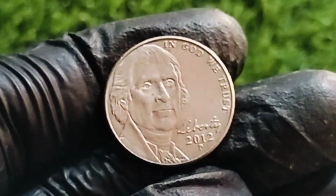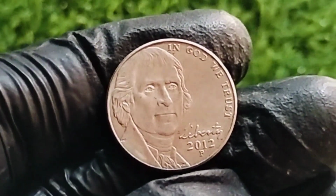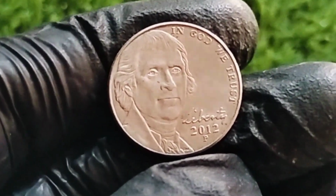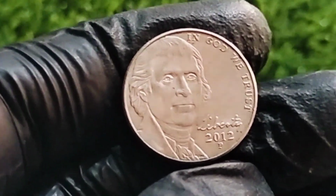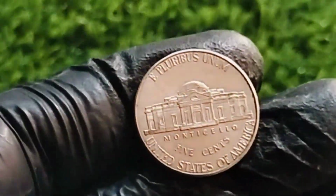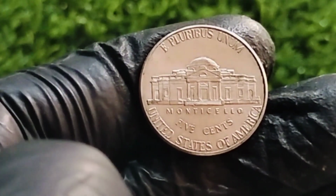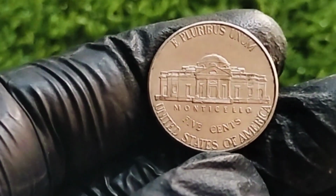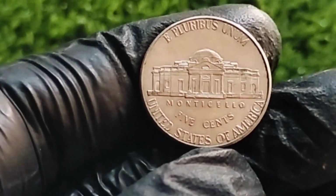In terms of composition, the 2012 Jefferson Nickel is made of a cupronickel alloy, 75% copper and 25% nickel, which has been the standard metallic content since the end of World War II. Each coin weighs precisely 5.00 grams and measures 21.21 millimeters, 0.835 inches, in diameter with a smooth, plain, unreeded edge. Its thickness is approximately 1.95 millimeters. The cupronickel composition ensures durability and corrosion resistance, enabling these coins to survive years of circulation. The coin's durability is matched by its symbolic value, as it reminds Americans of both their history and the timelessness